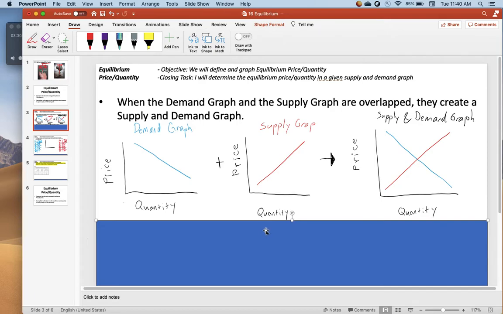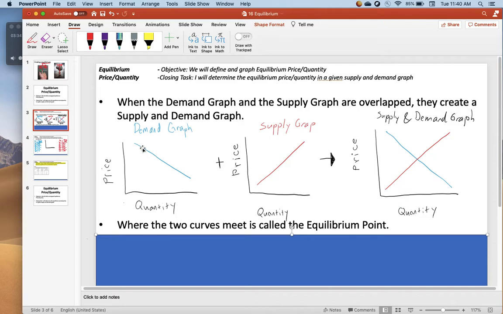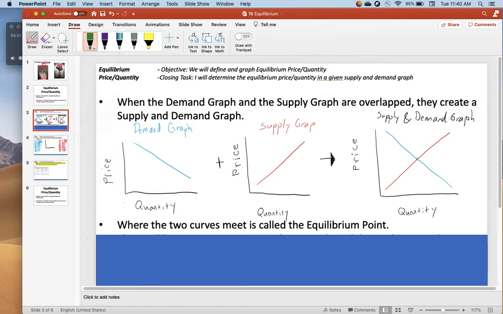Now, something really interesting happens when you do this. Okay, first of all, your demand curve and your supply curve overlap each other at some point. So we say where the two curves meet is called the equilibrium point. So this point right here, let me pull up the pen here. So this point where the two graphs meet, where the two curves meet, we call that your equilibrium